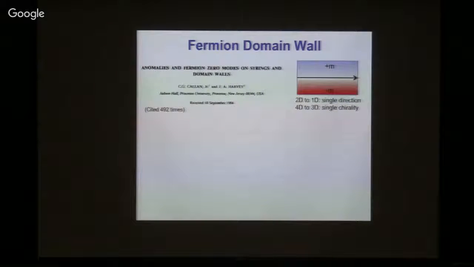So at the boundary of these two worlds, no matter how this positive mass side and negative mass side match, you are guaranteed to have a massless particle living at the boundary. And if you have a 2D to 1D transition, the massless particle is actually kind of strange in the sense it will propagate along a single direction. And if you have a 4-dimensional mass domain and a 3-dimensional boundary, it turns out the massless particle will actually have single chirality, or single-handedness. And this single-handedness massless particle is actually just like neutrinos in our standard model.